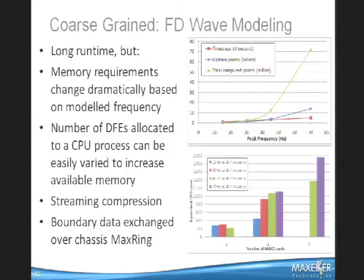examples of these. This is a wave modeling application, a similar example to, as mentioned, to motivate rCUDA in terms of using multiple GPUs together. One of the reasons that this application is so interesting is that depending on your input parameters, the memory usage scales dramatically. You're looking at a memory usage that scales with the third power of frequency, a runtime that scales with the fourth power of frequency. So to actually statically allocate a certain number of DataFlow engines to a certain number of CPUs can be quite inefficient if you have a wide range of parameters you want to actually run in your